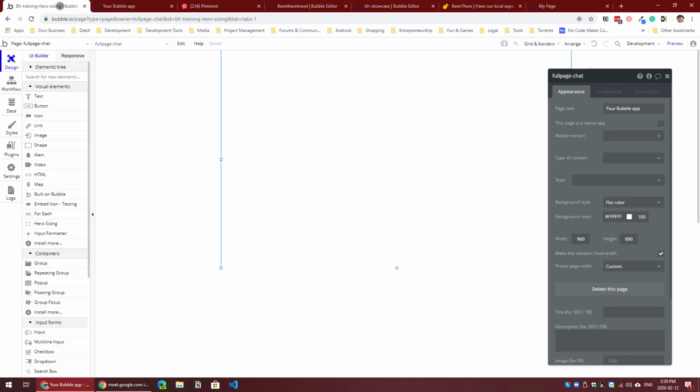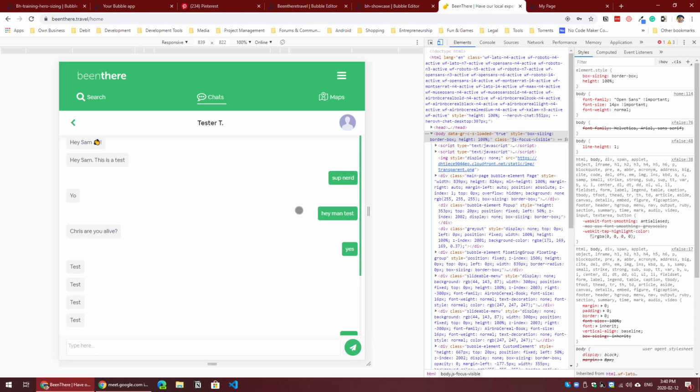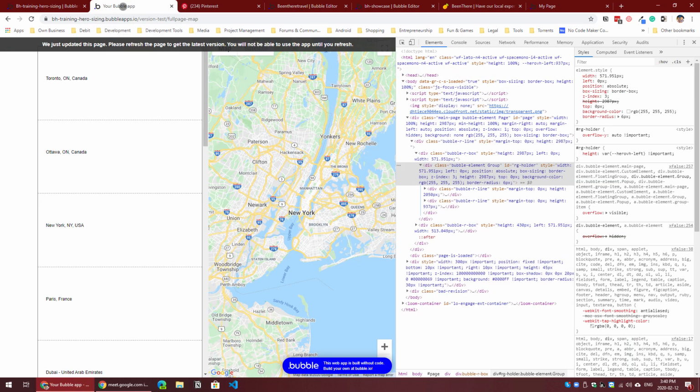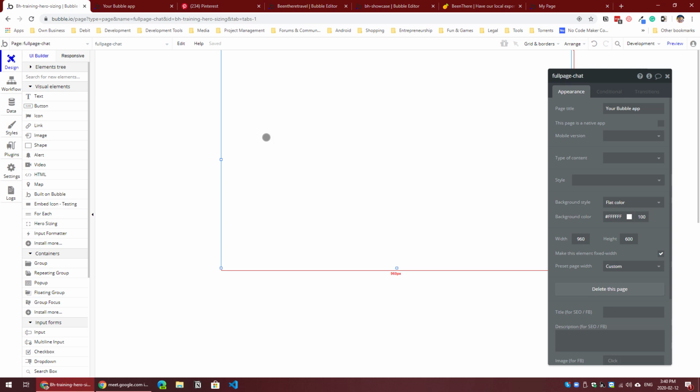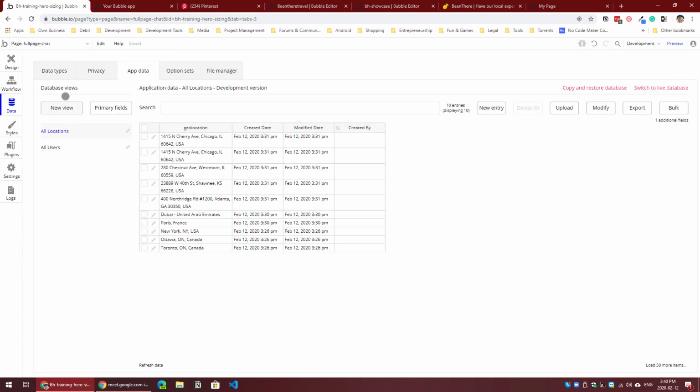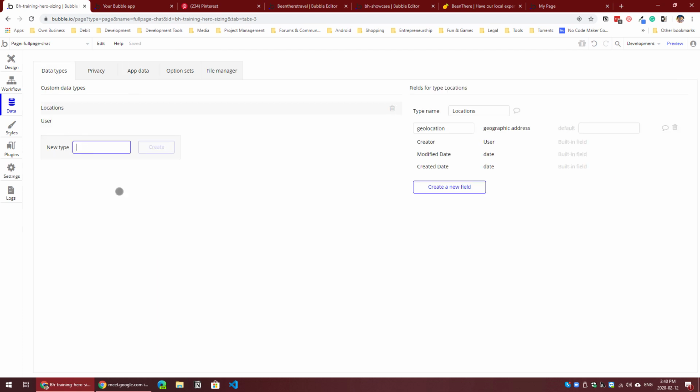So what I'm going to do in this example is create a full page chat. If you know how to do that, then you can definitely do the mobile optimized view easily. It's actually much simpler than a full page desktop chat. The way we're going to do this is create a conversation list on the left, and on the right our actual messages that we need to display. I'm going to begin by heading over to the database and creating two new custom